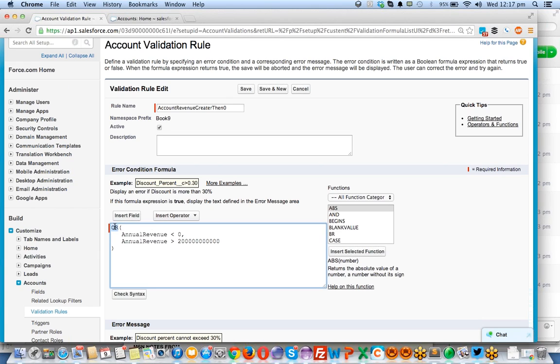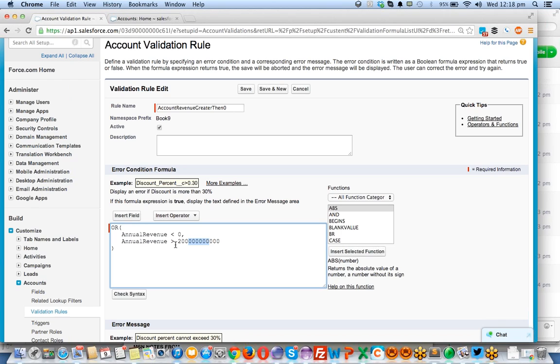I have a simple OR logic where this is getting fired if any of these things are true. If annual revenue is greater than $20 billion, I am also going to fire, because $200 billion means it's not a small revenue. There are very few companies, very rare companies, right? So I am keeping account revenue should always be, one second.